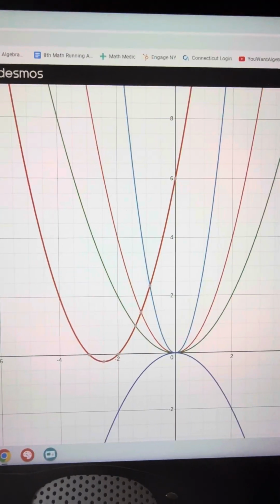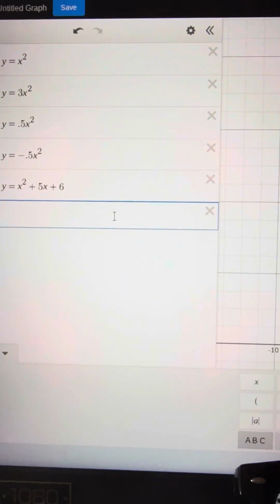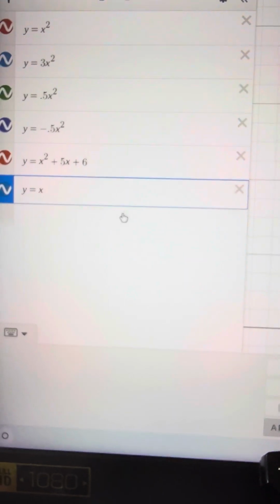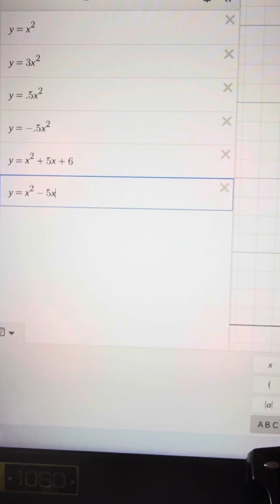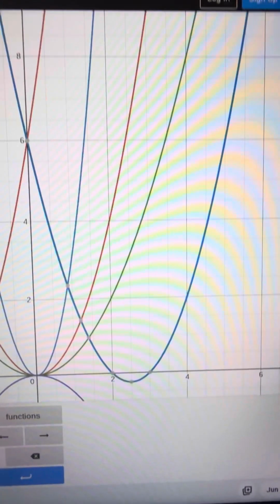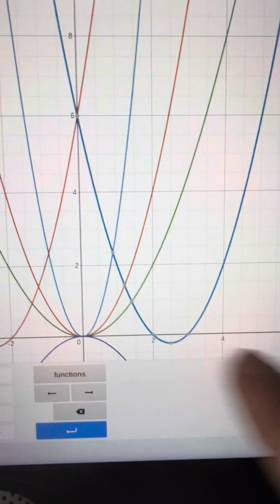I'm going to do the same equation, and as you can see, when I plug it in, we're going to do the same basic type thing. You can kind of see the same motion here. As you can see with this one, it's getting confusing here, but you can see that it shifted it